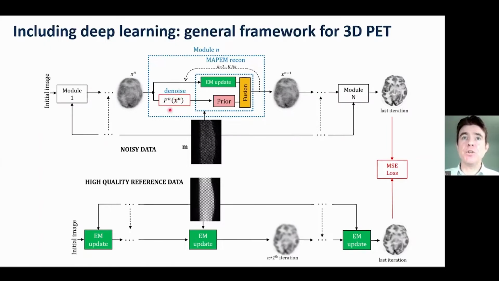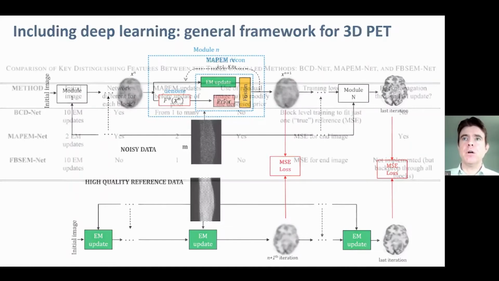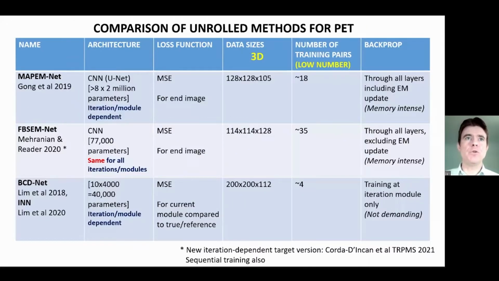Now this denoiser could be unique for each module, or it could be the same, and that's where we've got different methodologies. And in fact, I'll move on to this table here, where I point out that, for example, Gong's method, MAP-EM-Net, which basically follows that overall structure I just showed you, used a different network for each module, used mean square error, and also notice on this slide we're now dealing with 3D images and relatively low numbers of training data pairs. Okay,